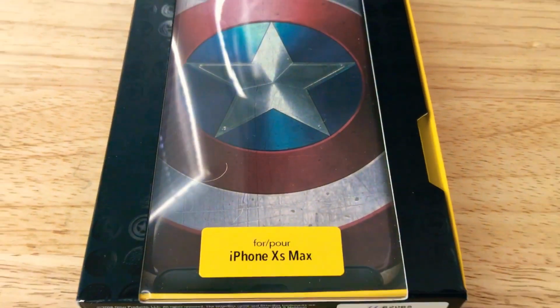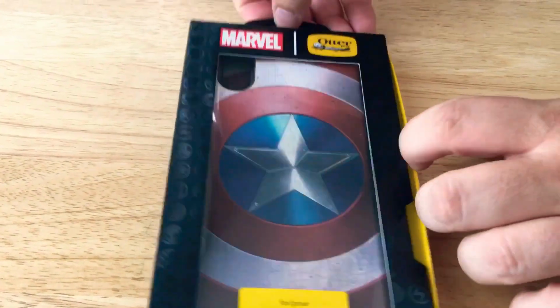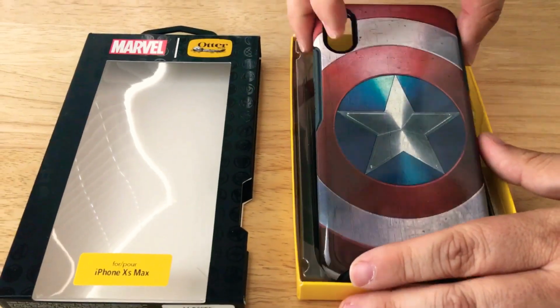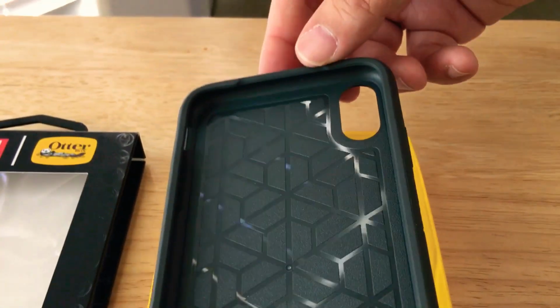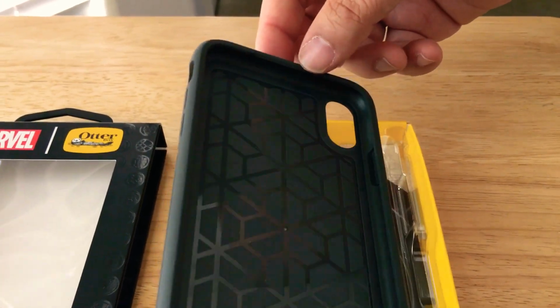Today we're taking a look at and we're unboxing the iPhone XS Max Marvel OtterBox phone case. This is a thinner phone case, but it provides drop protection. As you can see, the honeycomb inside is designed for protecting the phone, because these newer type phones have